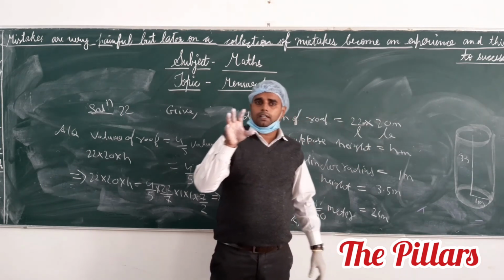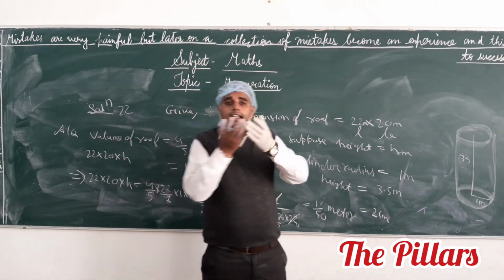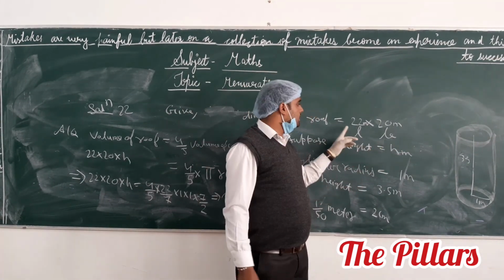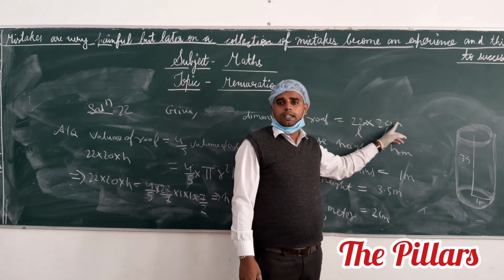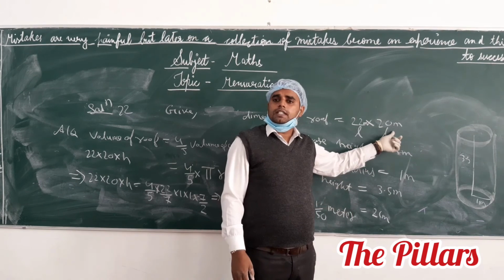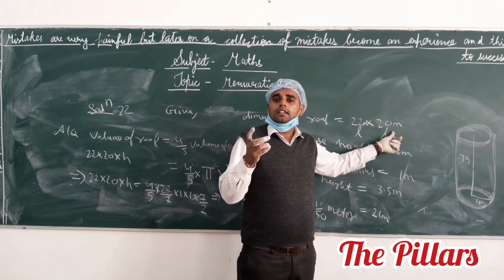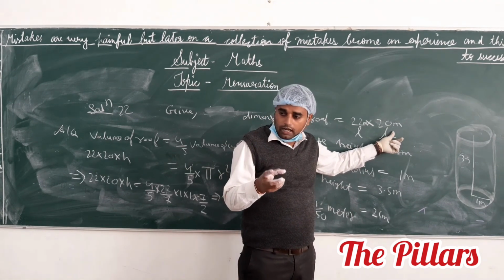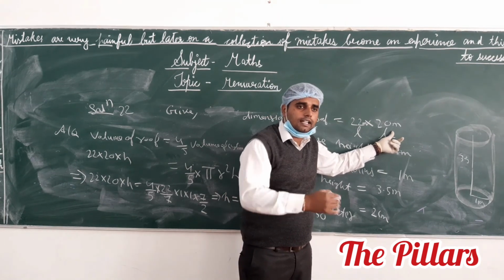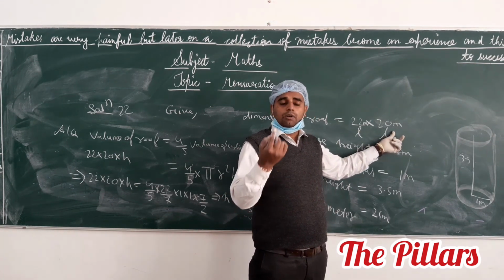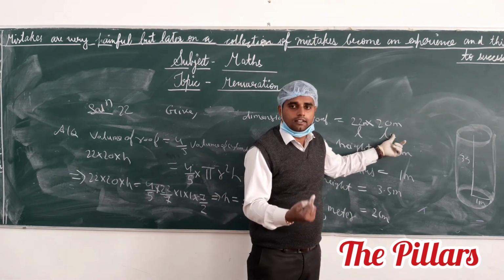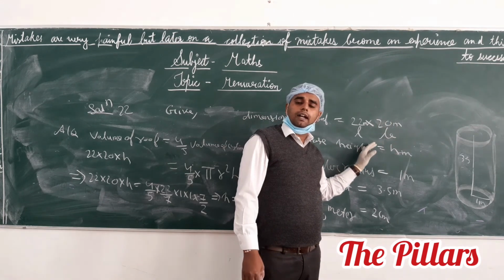Once again I have to repeat the question. The question says that at a roof we have to collect the rainfall water, whose dimensions are given as 22 meter and 20 meter. If we want to calculate how much rainfall there is, we have to measure the height of the water collected on this roof. We do not have to calculate the height of the roof, but the height of the water. Suppose the height of the water is h.